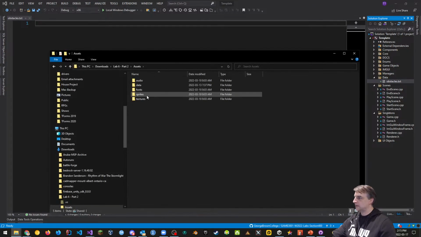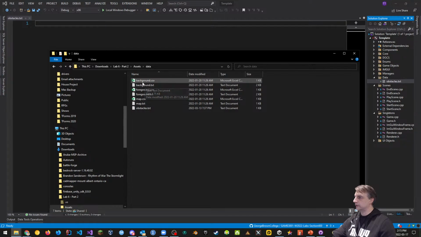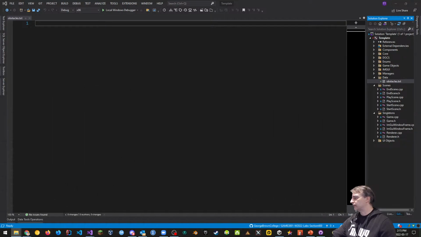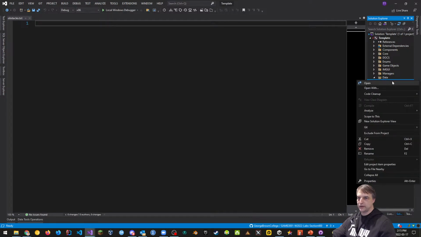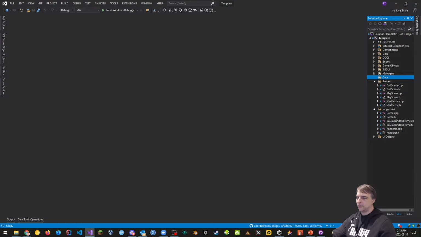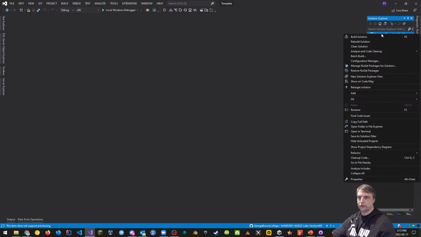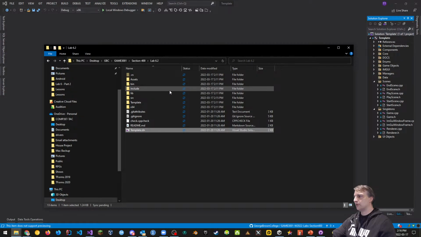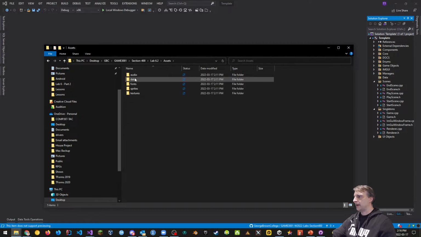I think he actually made it a separate folder. He did. Or actually, we're using the same folder that I had before for background and foreground and all that stuff. Okay, that's fine. So we can move this. Let's remove it, and when we remove it, let's go into our actual folder structure. We can go to Open Folder in File Explorer, go to Assets, and notice that there is a data folder already.